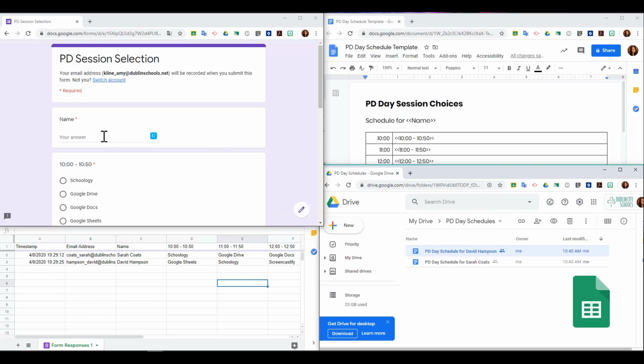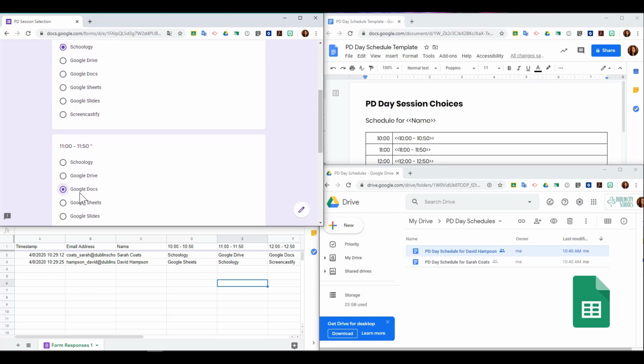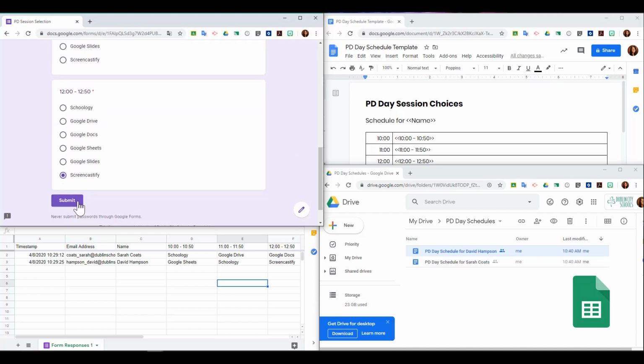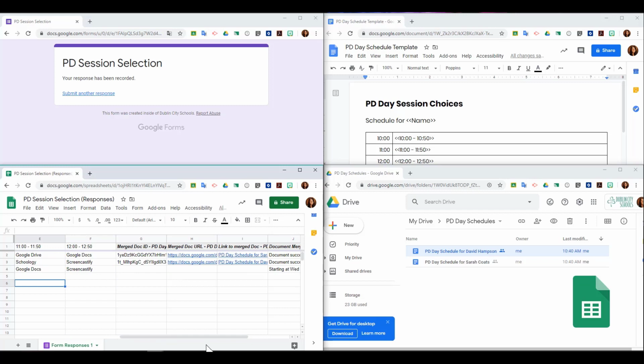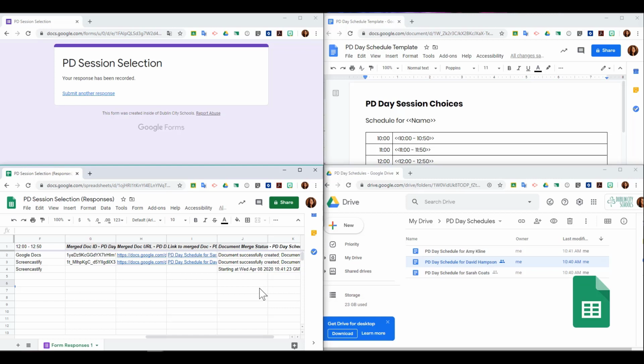Now let me show you what happens when I go ahead and fill out the form. So I'm going to select my choices for each of the different times, and then I click Submit. When I click Submit, you should have seen it pop up down in the spreadsheet. And then if I scroll over, you'll see that it's starting the merge. And as soon as it's successful, we're going to see that doc show up over in our Google Drive. Now it's been successfully created,